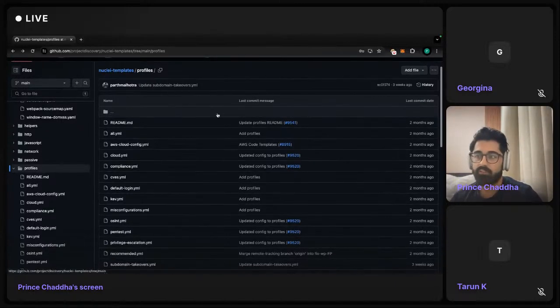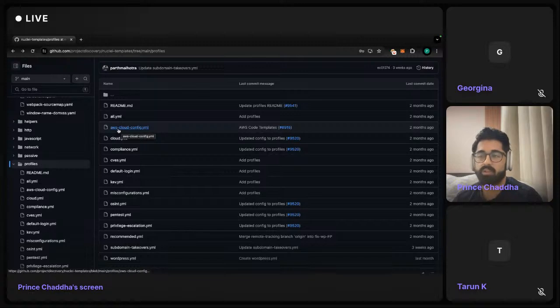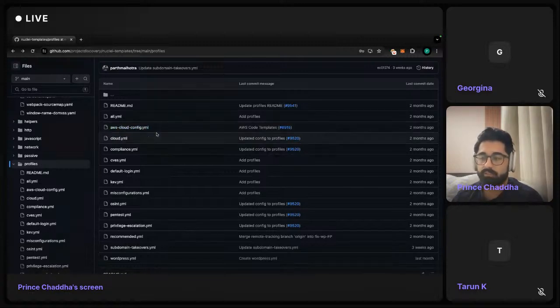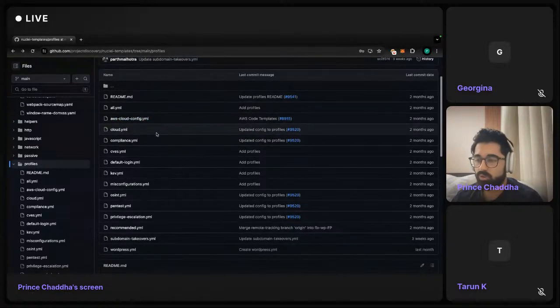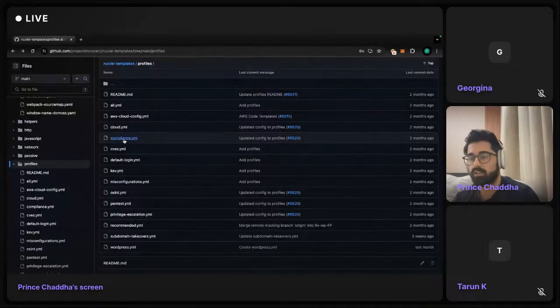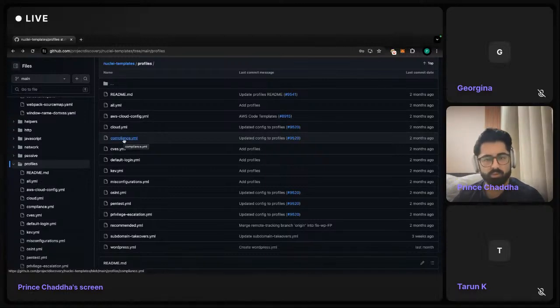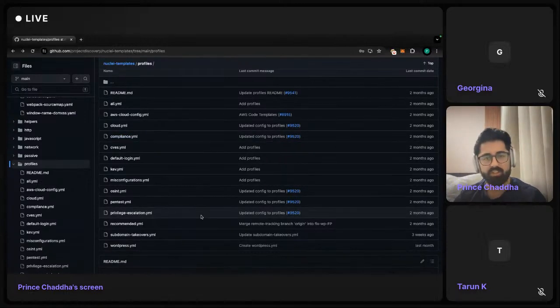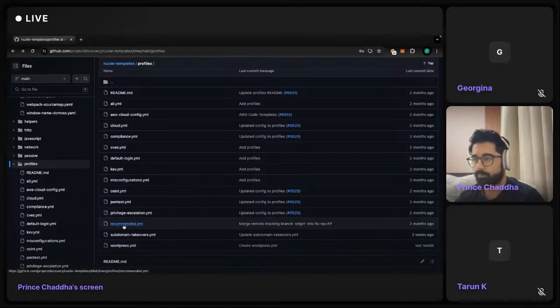So that's why we have created profiles. Let's say if you want to scan your infrastructure, then you can simply run the AWS cloud profile. If you want to scan just for compliance, this would be the best profile for it. And if you have no clue and you want to just scan your asset, we have a recommended profile for you. You can simply run the recommended profile. I can also show you